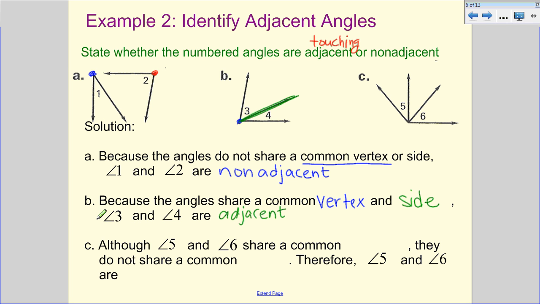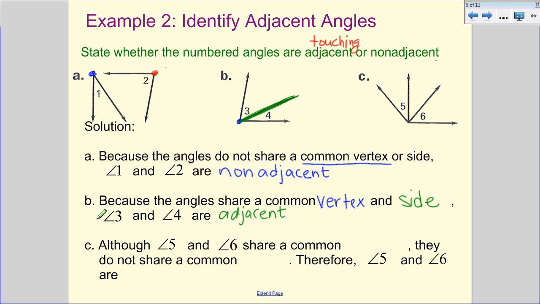Adjacent is side by side. I've always used the definition for adjacent as you and your neighbors are adjacent to each other. Your properties are right next to each other. No one can be in between you. But your yards don't overlap. You don't share part of your yard with your neighbor. There's a distinct line between that. And so that boundary line that separates the two properties,